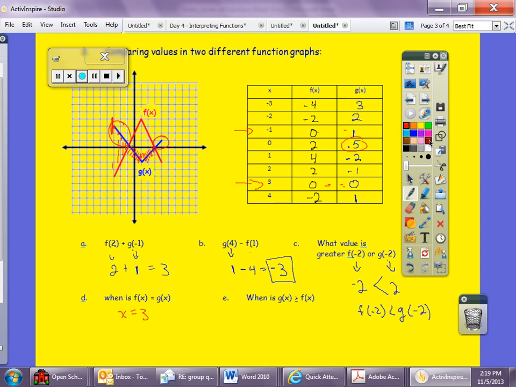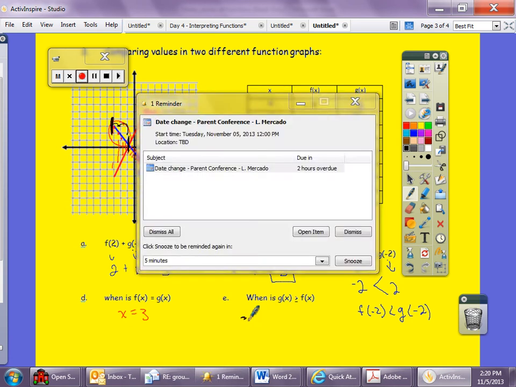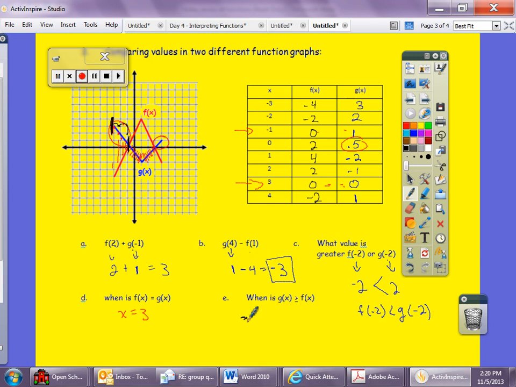Let me just change this color. So it's greater from this value until here. So it's greater from negative 3, negative 2, negative 1. So it's greater from negative 3 to negative 1. And then it's also greater when